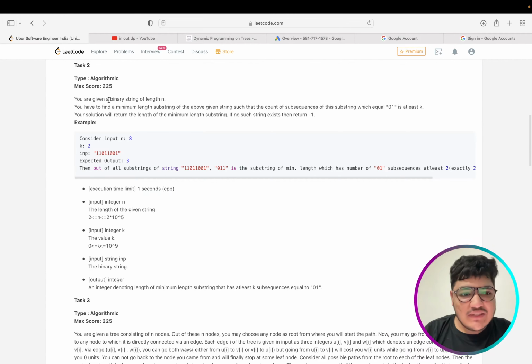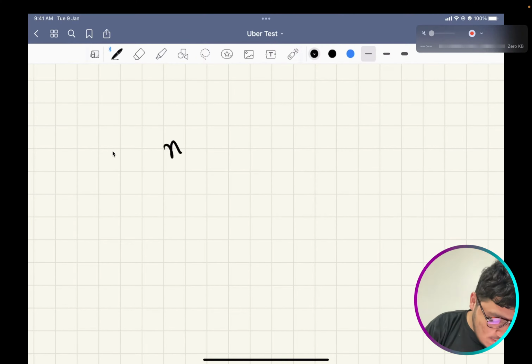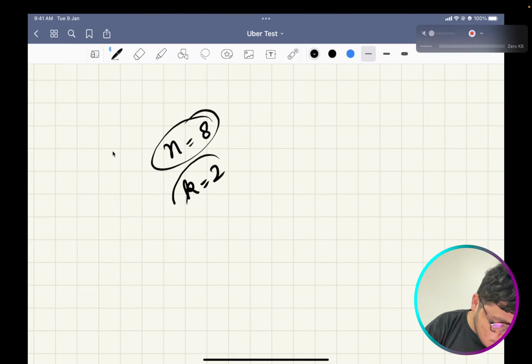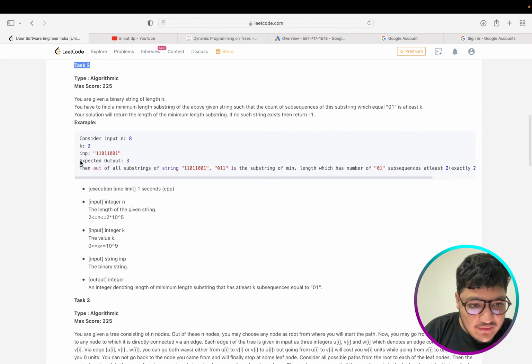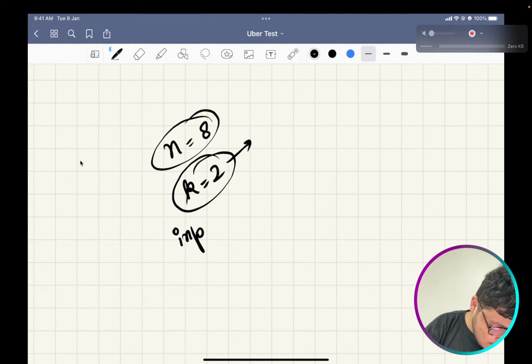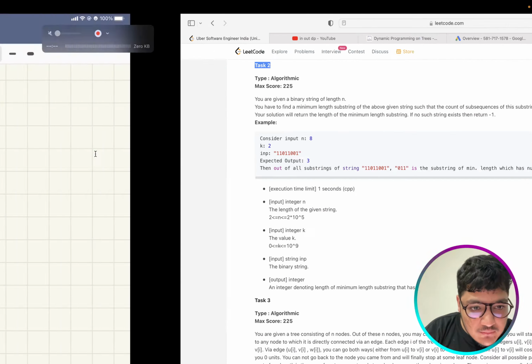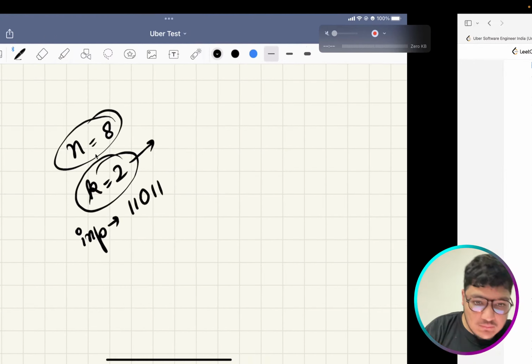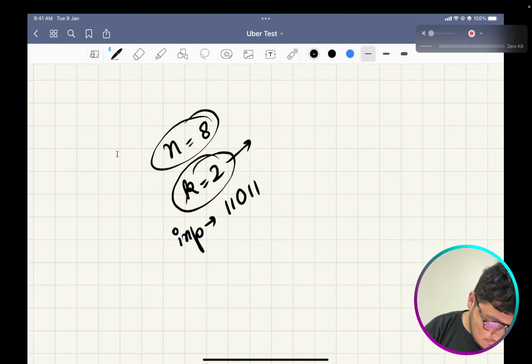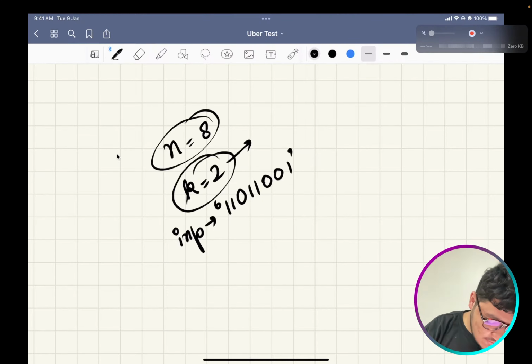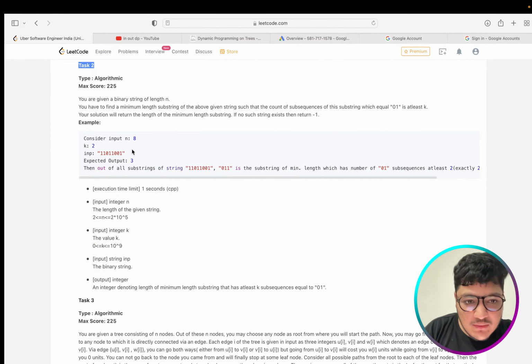So let us start with the easier one first. In this problem, this is named task 2. You are given this n, which is the length of the string. Let us say n is 8, and you are given this k. Let us say k is 2 and your input string is this. So this is your input string, and you have to return